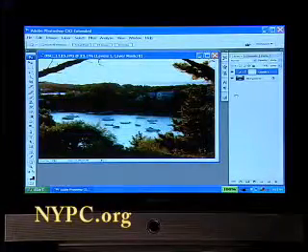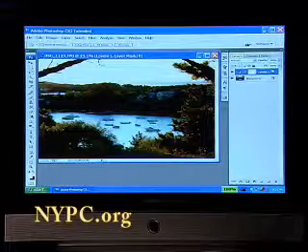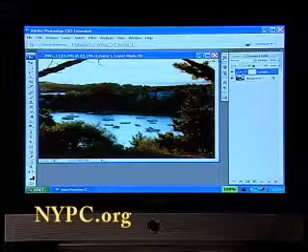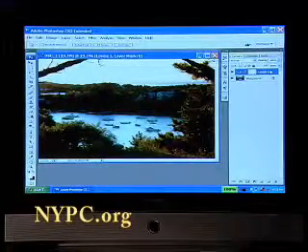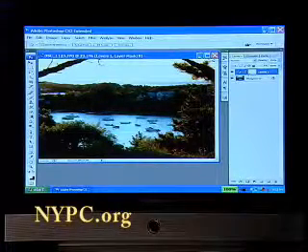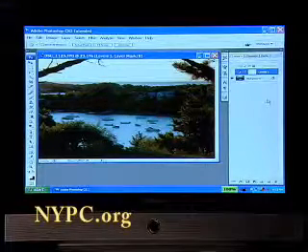All right. Okay, so let's take this. I say okay. So now this adjustment layer, which is above, the layer called background, which is the actual picture. The adjustment layer, which is the top layer, is automatically named levels. If I turn it off, it goes back to where it was.